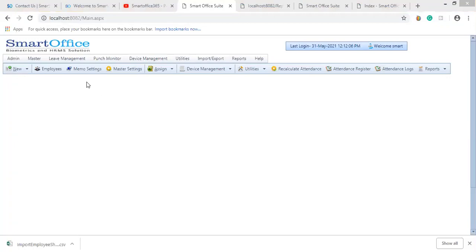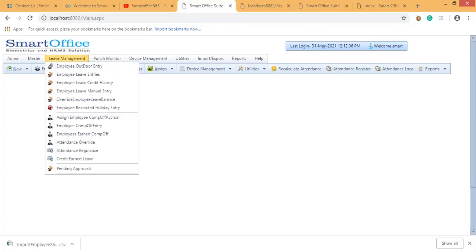Okay, so this is how you can follow the shift management of your employees. You have an employee shift, a shift roster, a department shift, and a shift group. You have multiple shift, where your employees are performing multiple shifts in a single day.